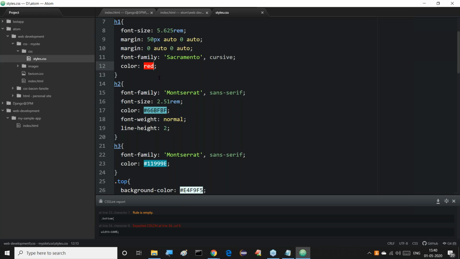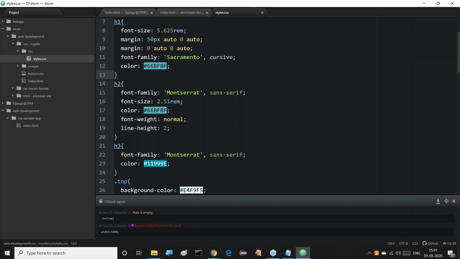So if you want to get this, then definitely we require some pre-defined packages to give this type of effects for us. That means the color quotations and all these packages we require. Not only that, when we save our CSS file, at the bottom here we are able to get the CSS lint report. If any error is available in the CSS file, at the bottom we are able to get the total error messages here.